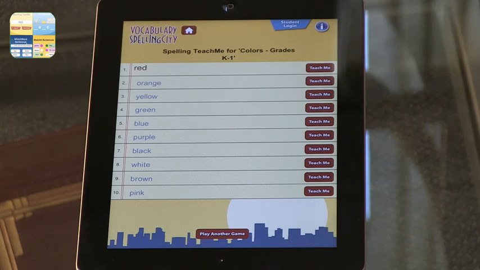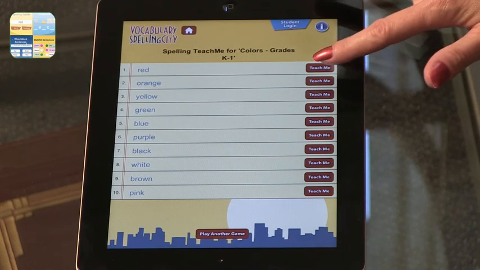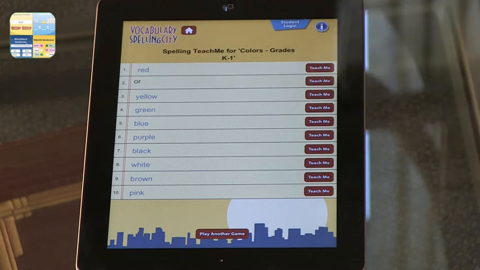R-E-D. Red. Red is the color of a cherry lollipop. Red. So it teaches them the word. It says it in a sentence, and they're doing it independently. And so you just basically go from